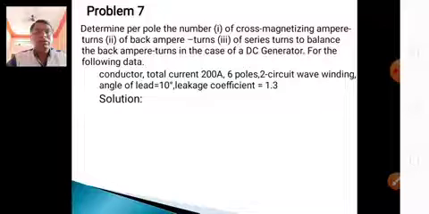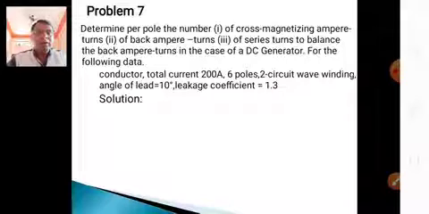That is equal to ATC per pole is Z I into (1/2P − θm/360), and the demagnetizing turns means ATD = Z I θm/360. Series number of turns to balance the demagnetizing ampere turns. Back ampere turns means nothing but demagnetizing ampere turns. So that is ATD by ISE in the case of DC generator.